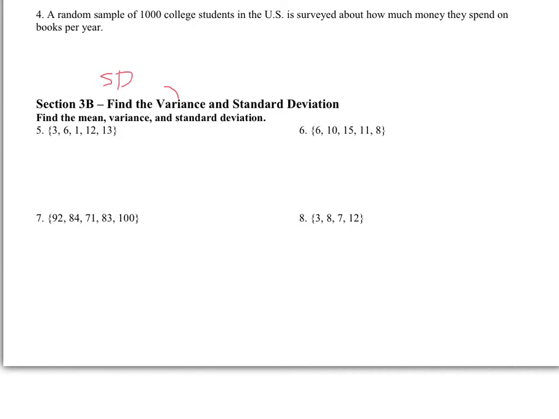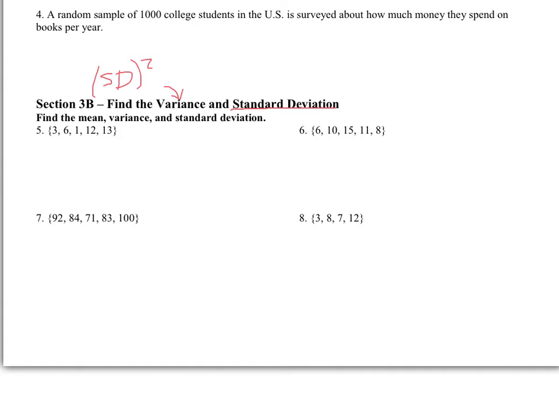So the variance is the standard deviation squared. And we're going to spend most of our time calculating standard deviation. So once we find that, all we have to do is square it, and then if you do that, you'll get variance. Now standard deviation, in a nutshell, is measuring the average deviation, or how much things are different from